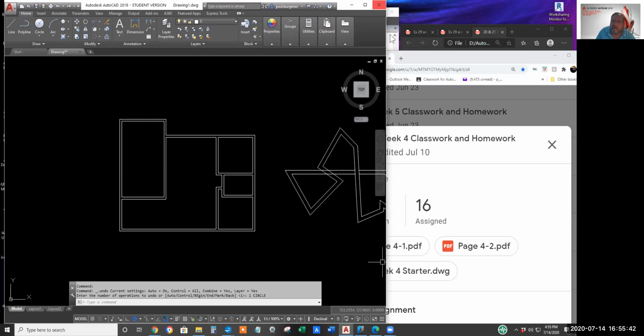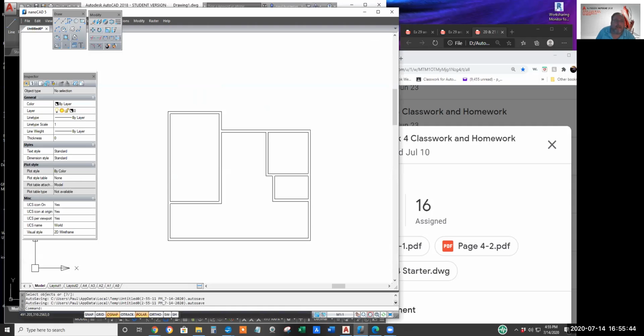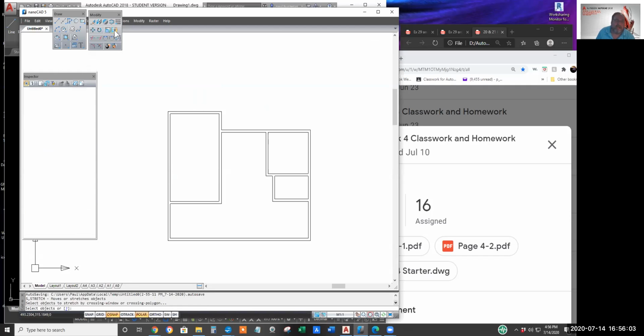Going to NanoCAD, the stretch command is a very similar looking icon, but in a different spot. Like in AutoCAD, it's right next to scale. Click on the stretch command in NanoCAD.